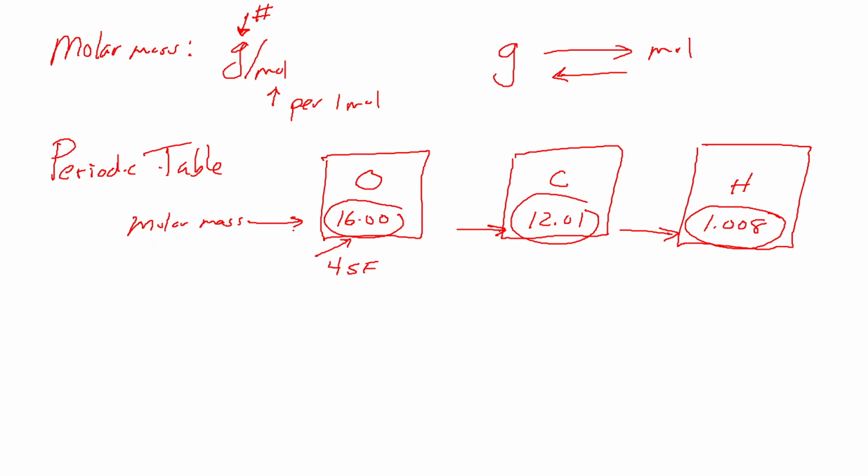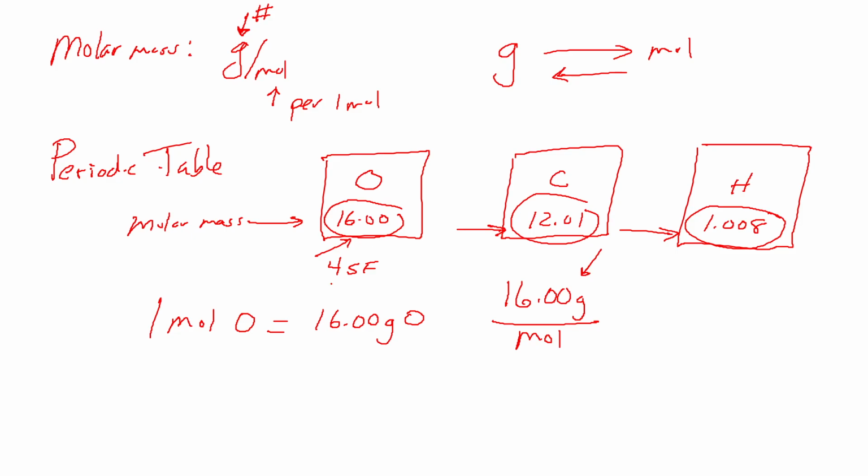So let's just take oxygen, for example. 1 mole of oxygen from the periodic table would give me 16.00 grams of oxygen. That is the molar mass of oxygen. We could use that as a conversion factor, 16 grams per 1 mole. And that is typically how you refer to molar mass, 16 grams per mole. Frankly, it is still a conversion factor. So you could, if you needed to, flip it around and use it in this fashion